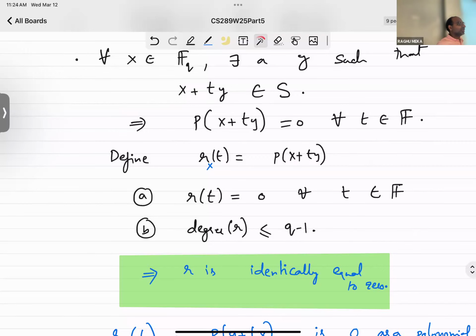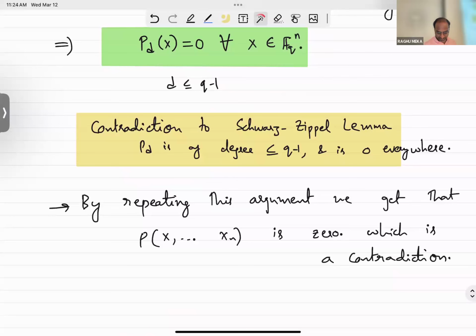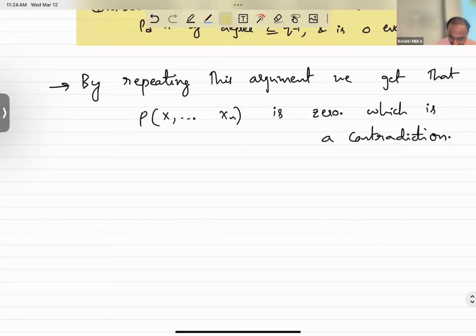It's again related to interpolation. If I tell you the value of a polynomial on some set, I can use it to infer its value on many other places. And here we're inferring it weakly, in the sense that if I tell you it's 0 on the set S and the set S has a Kakeya property, then I can infer that it must be identically 0 everywhere, which is a contradiction. All right, so this implies that